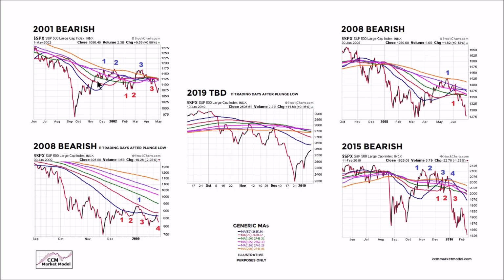In the V-bottom case, we rally back to a downward sloping 200-day moving average and try to clear the 200-day 1, 2, at least 3 times and fail. And notice on the third failure here, it's a downward sloping 200-day. A flattish 200-day or a 200-day that was turning up would give us a higher probability of succeeding. In this case, we fail at the 75-day, and in this case, we obviously have a well-established and strong negative